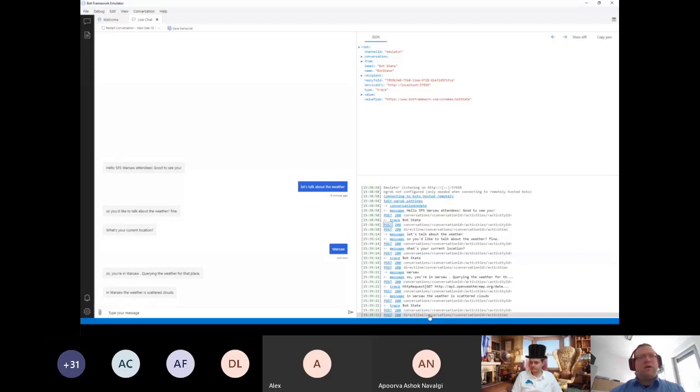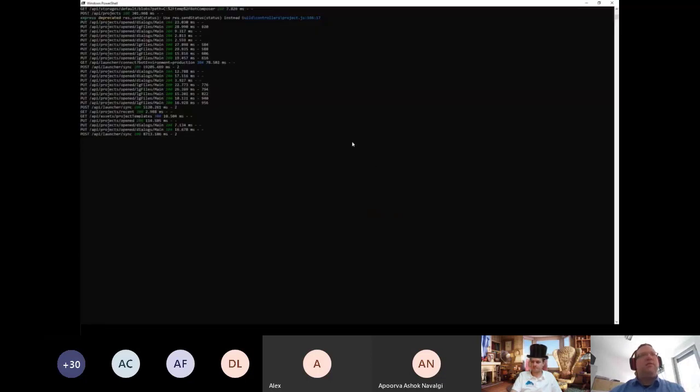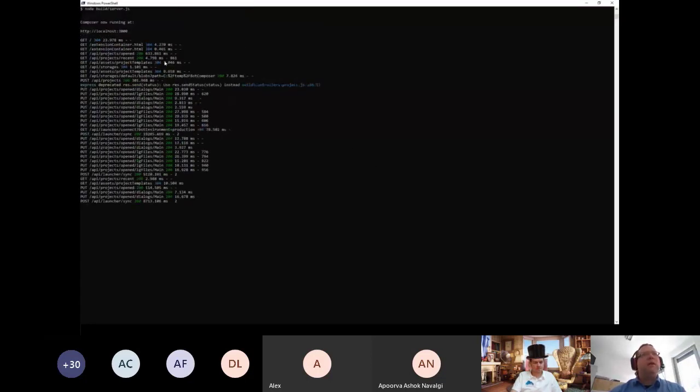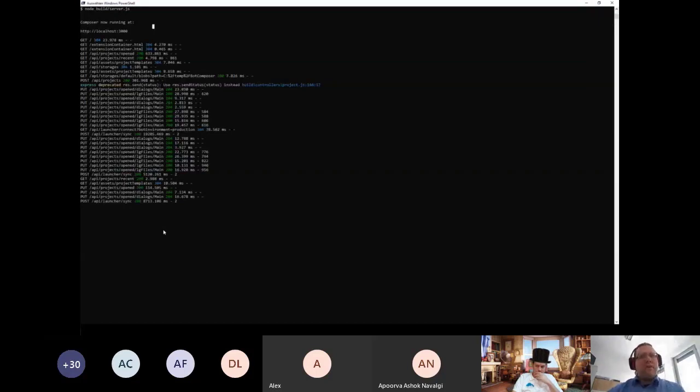And now we could start another activity here, but for now that's all. And now that we created our first bot, we go back to the PowerShell. And yes, you can see here the web server prompts with all the URLs that we called from the beginning of our bot activity. So you can also have this representation of what the bot's doing. But let's cancel it for now, because now that we have created our first bot,